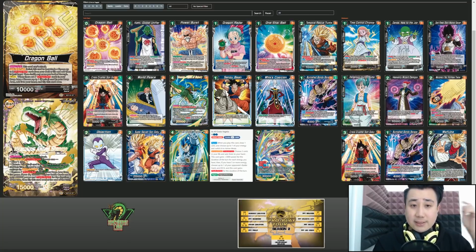The difference is the 4-4. So you have 4 Vegetas and you have 4 Super Saiyan Son Gokus. However, the difference is that for Shenron Ram, they usually play at all costs, because at all costs is definitely a better deck. It is not a better card, it is not skillless, and it allows you to do some